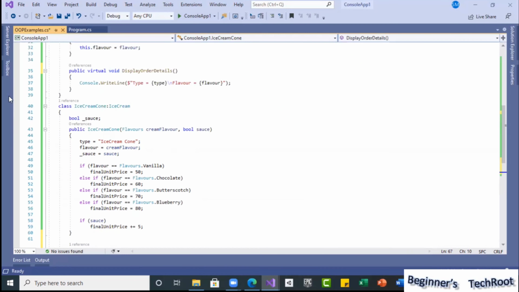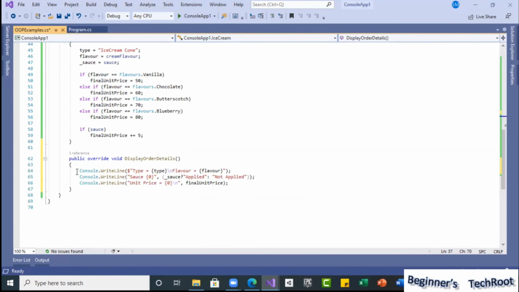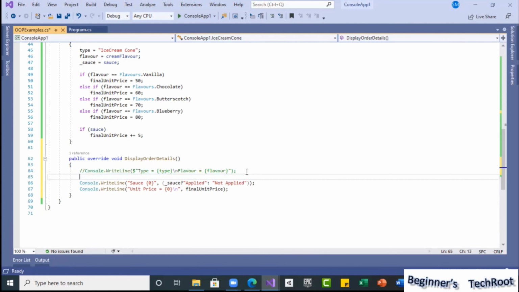If you see now, as the thing is available here, as I already wrote here, why do I want to write it here again? Instead of that, what I can do, with the concept we learned, the base keyword. Base dot, I can use display order details, so that the base method will be called and then this will be called.